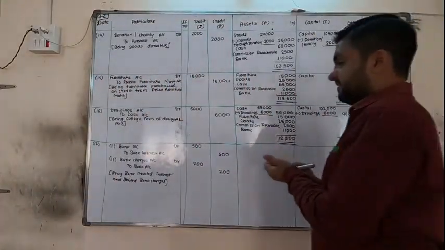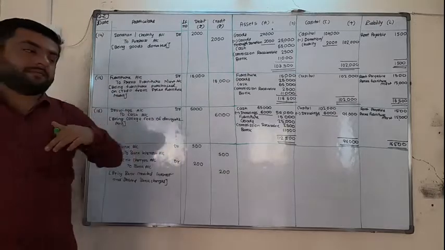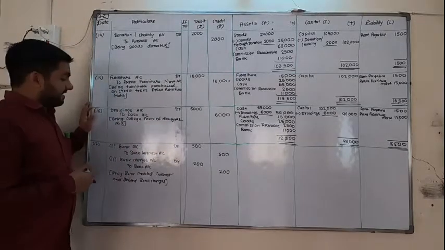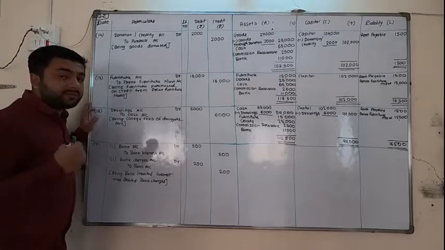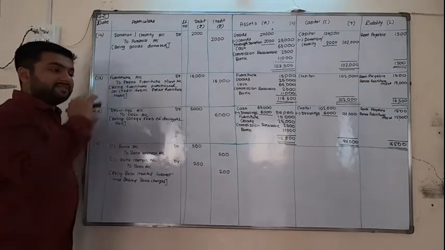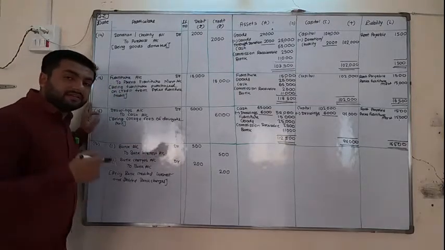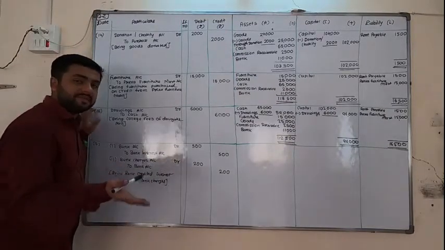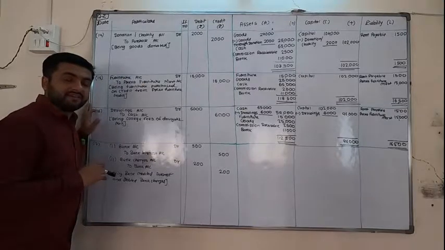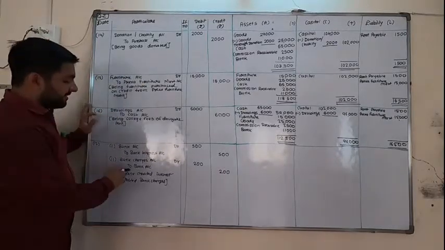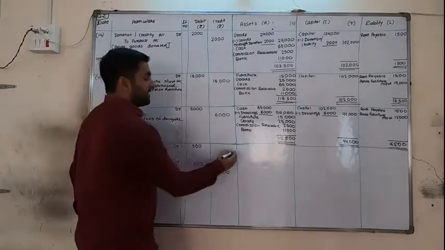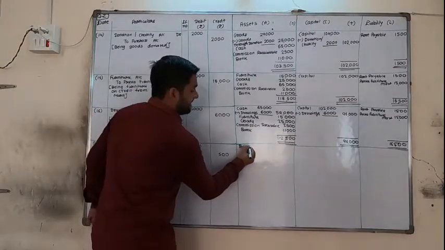Now friends, bank is crediting interest, it is our income, and the amount is coming into our bank account, so bank balance is increasing. Or in other ways you can remember, we have seen in theory part also, when we are debiting bank, our bank balance is increasing. Whenever we are crediting, our bank balance is decreasing. So we are giving the effect in bank. Bank balance